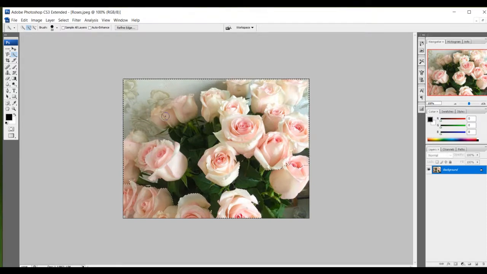Just drag it inside, drag it outside. As I drag, it comes outside and automatically the image gets selected with the help of the quick selection tool.